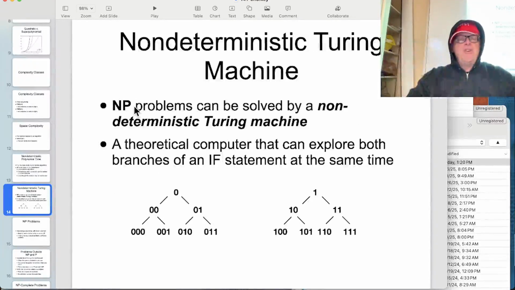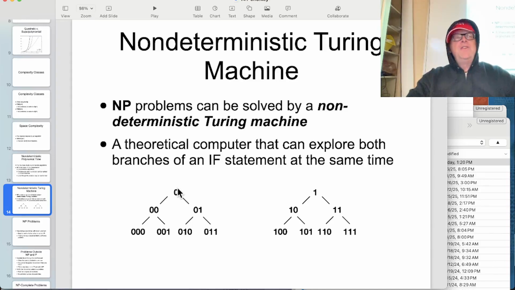The technical definition of NP is problems that can be solved by a non-deterministic Turing machine. And a Turing machine is a theoretical computer. It just processes things like any other computer with the tape and stuff, but that isn't what matters. What matters is here, we're going to have a normal computer. When you do a brute force algorithm, you guess the first bit, then there's two choices for the next bit. You have to try them one by one. Then there's two choices for each next bit, so it doubles. It keeps on doubling with every iteration.